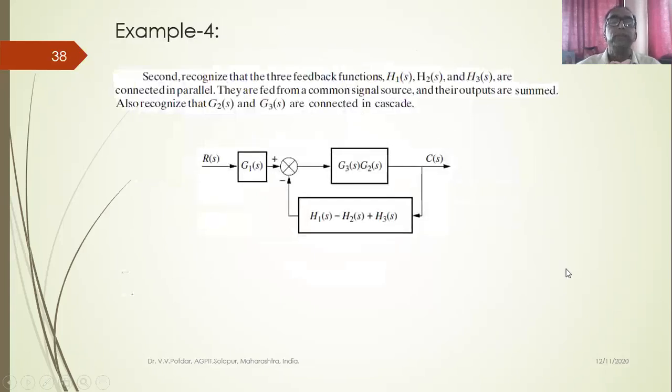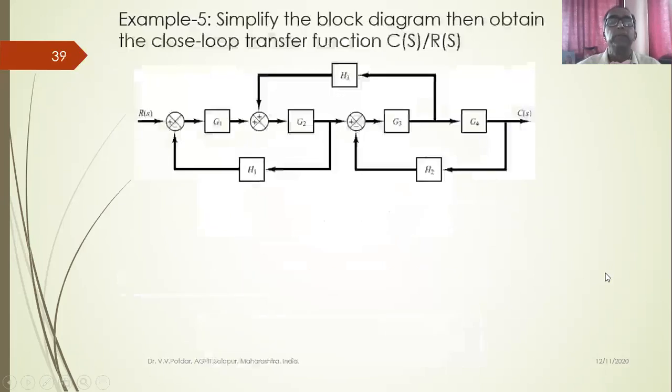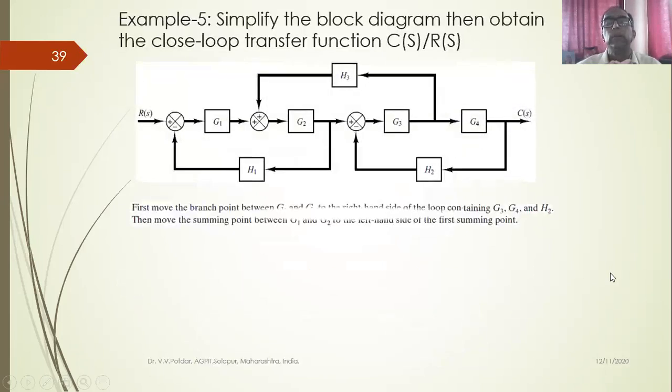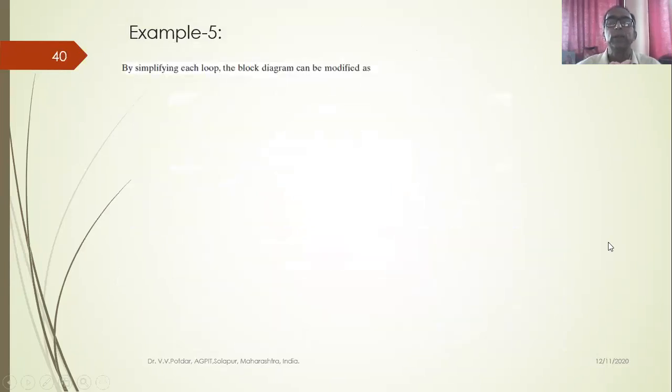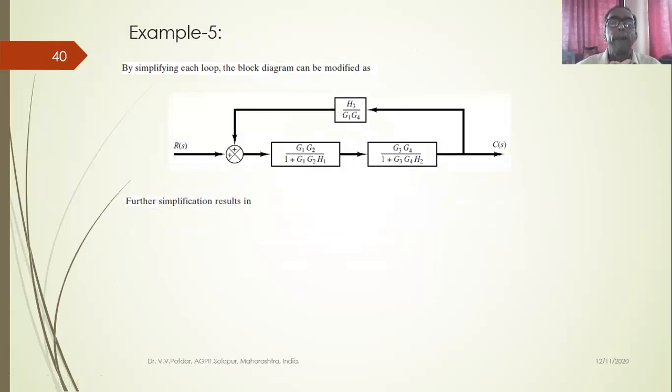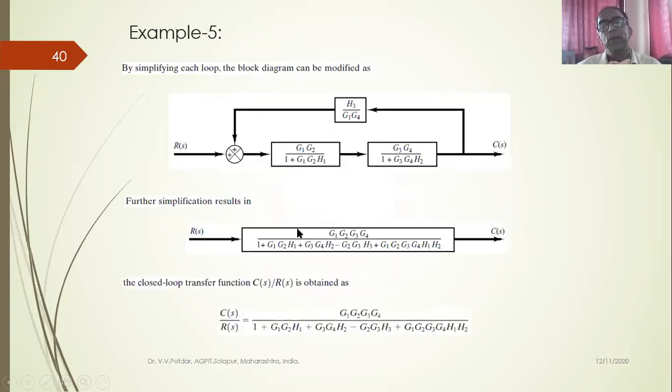See. We'll go to that problem. So by using block diagram algebra rules, complicated block diagrams can be simplified and solved by using all the rules. See, I get a single block. I can get C(s) by R(s) as this ratio, isn't it? C(s) by R(s) is equal to whatever are the elements inside. This is how I can get the transfer function.